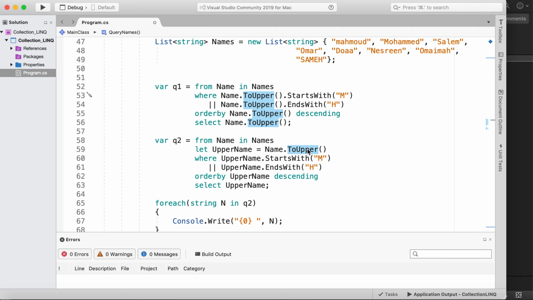Whereas in the second query we only execute that ToUpper one time. We store it in a variable called upperName, then we check on the upperName, because we already converted the name to upper case. Do you see the difference? Here we execute this one 1, 2, 3, 4 times, whereas here we execute ToUpper only one time. So if you have huge data and you want to